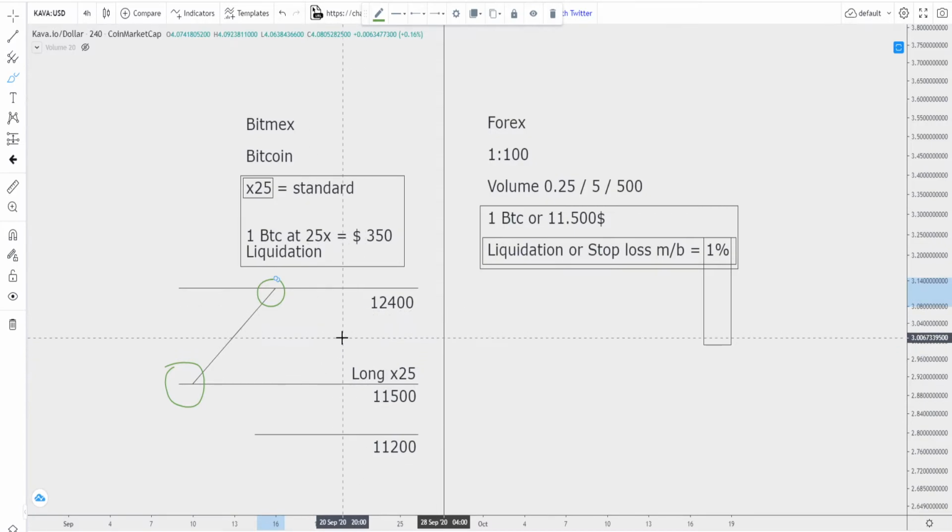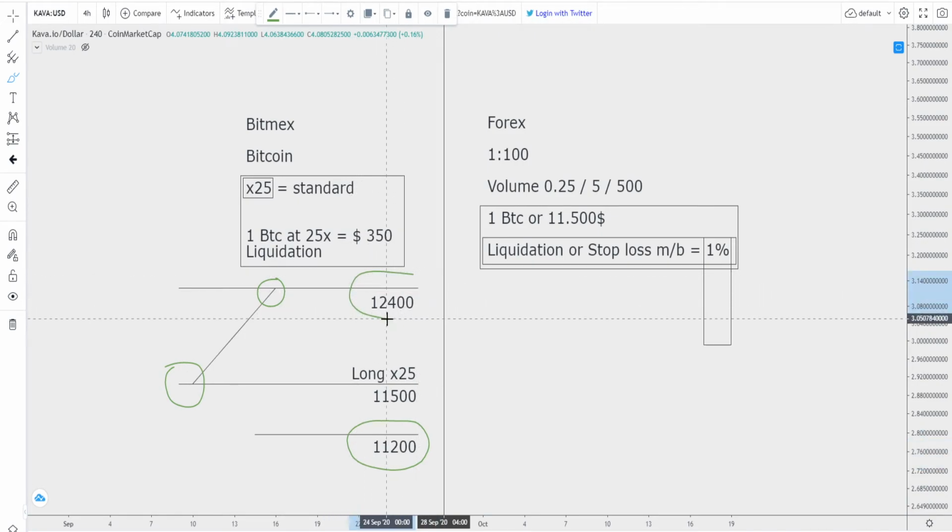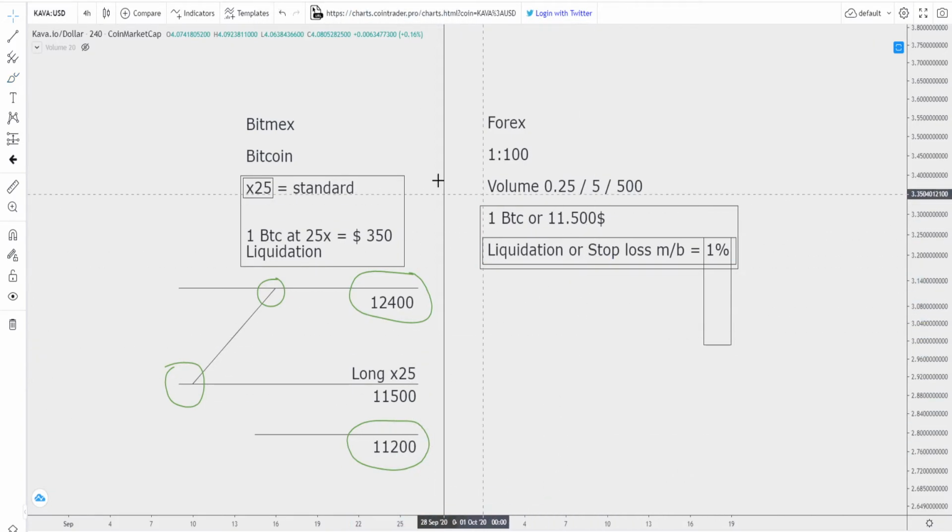This equals a 300% move, which is 3 to 1. So you are willing to lose 1%, and you are going for that 3 to 1 reward scenario. So we are willing to win 3, and we are willing to lose 1. Okay? And so for Forex,